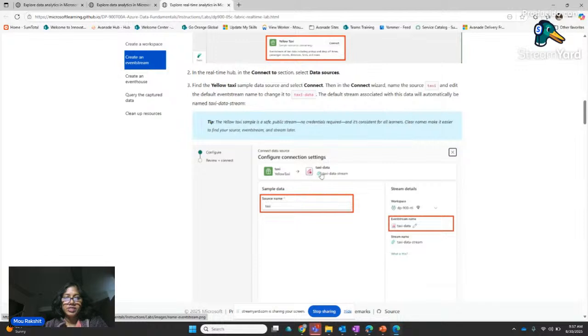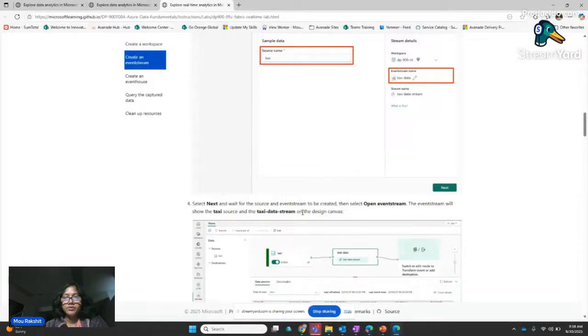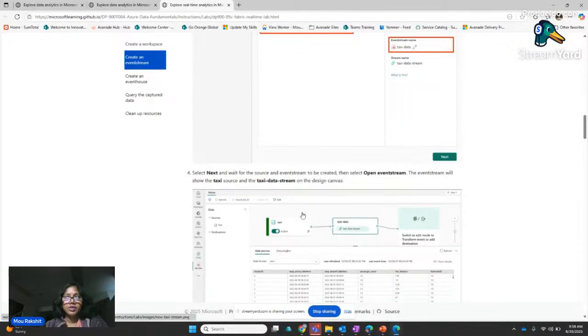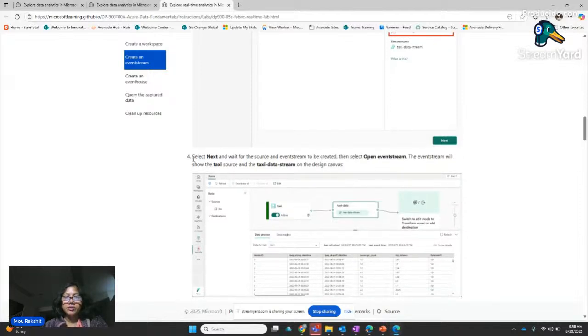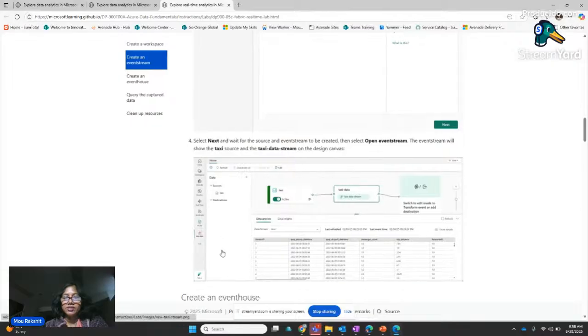Okay, so this is your sample. You're going to write it to, or ingest it through, that event stream. This is the icon of event stream. And remember, you select the event stream name. You're giving it a name, taxi data stream. Within this workspace you are working, you give your event stream name, all those things. It's basically next, next, next. Very simple. You're not writing any programming code. Even if you don't know programming languages, you should still be able to do this.